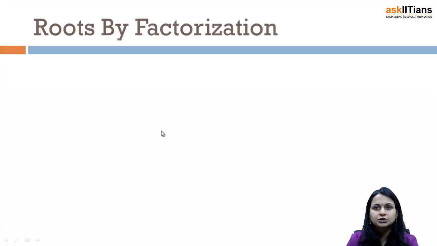So let's move to the first method, which is finding roots by factorization. To understand how it really works, students, we have two different logics. One is the proper logical method, the analytical method, and another is the geometrical method. So here goes the analytical method, in which you can see that I have taken a common in the equation ax square plus bx plus c equal to 0.